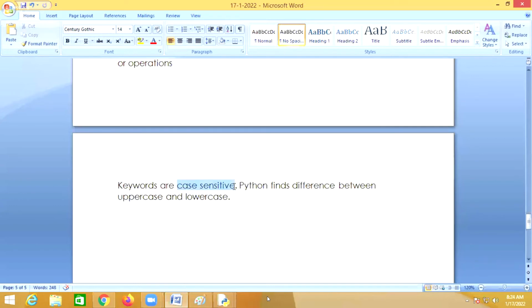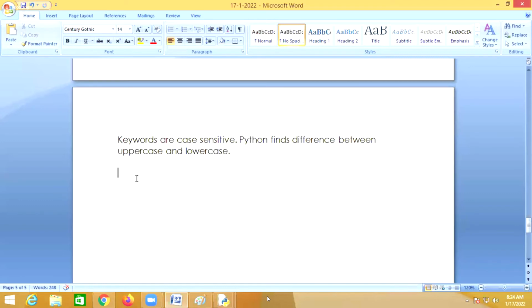That is what you mean by case sensitive. It means capital E is not equal to small e. Capital A and small a are not equal. That is called case sensitive.